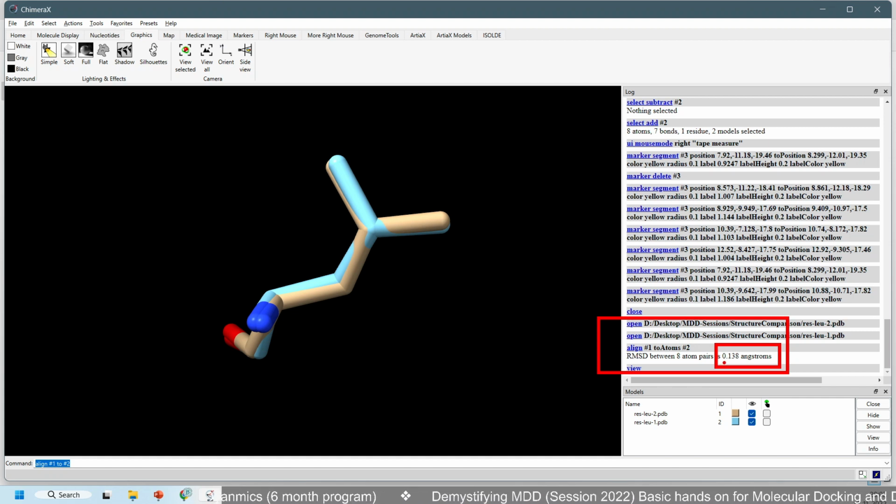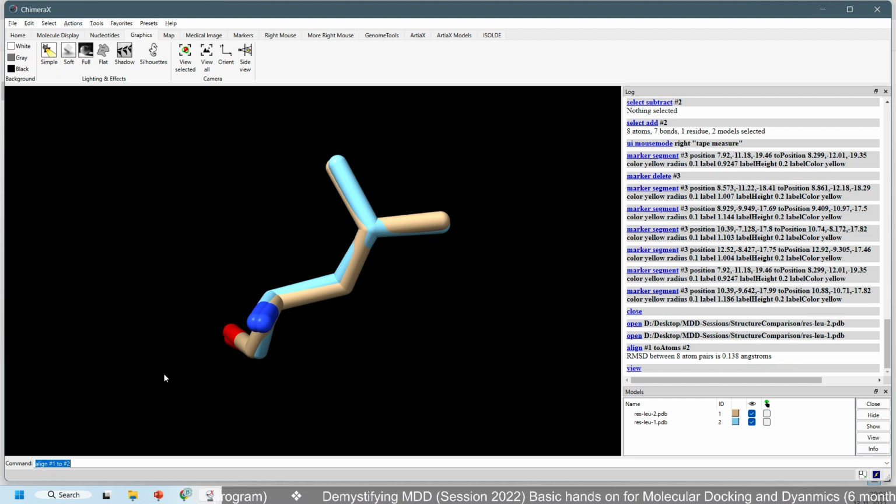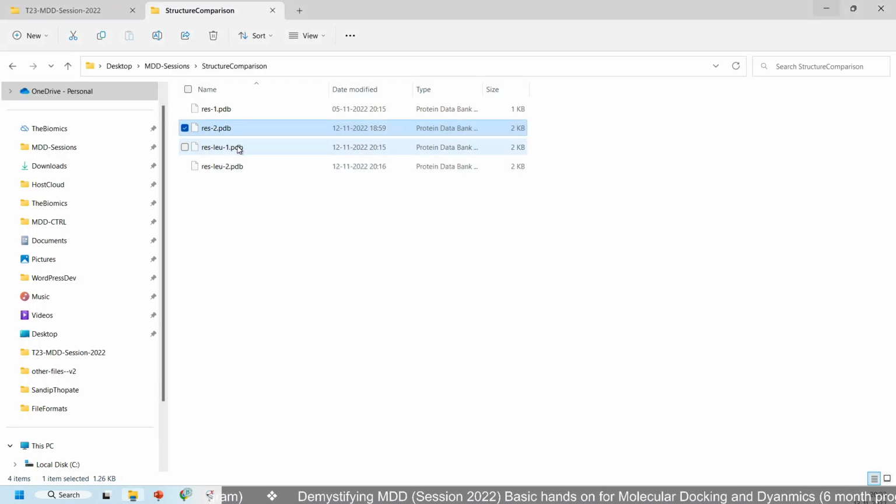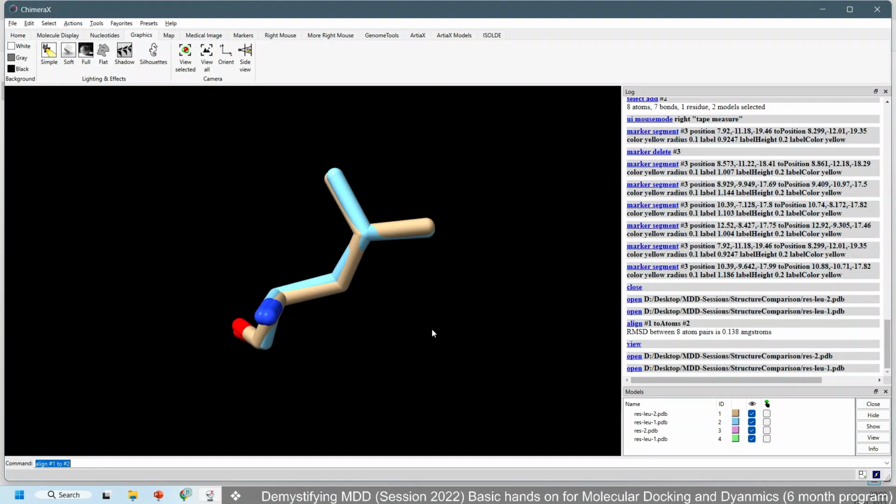Over time, as you practice and compare more proteins, you will understand how a lower value is significant, and tells you that two structures are similar, and a higher RMSD value will tell you that two structures are quite different. So now I will take another example. Both these examples are different, and I will load here